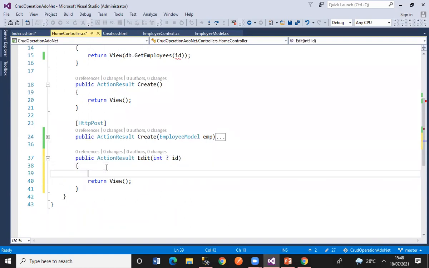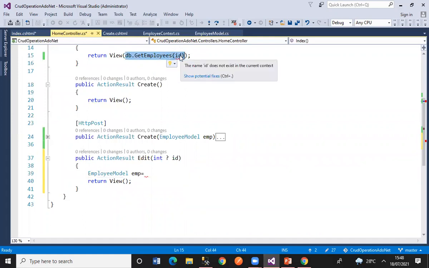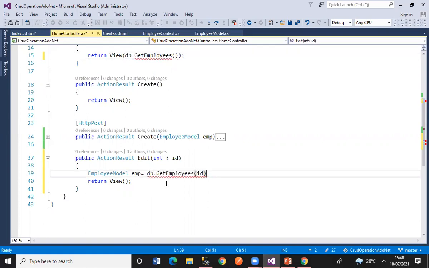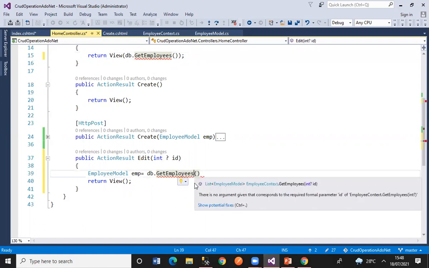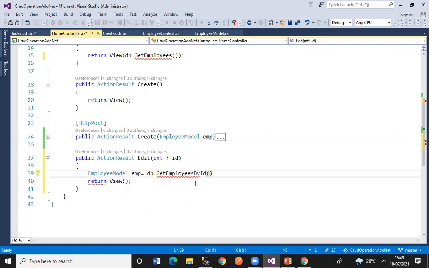Here we take an Employee model emp, and we call the db.GetEmployee method, the one by id. Whatever the id is, I pass it here, and then pass emp.